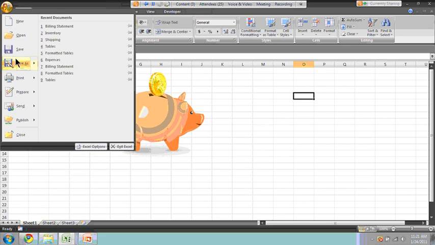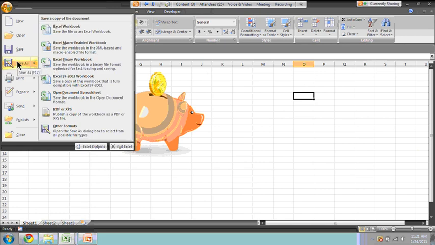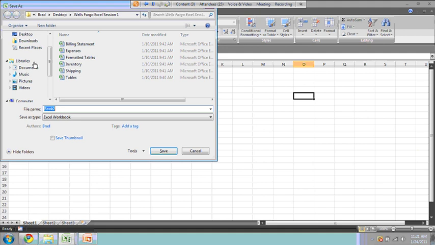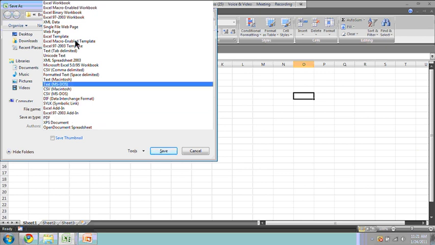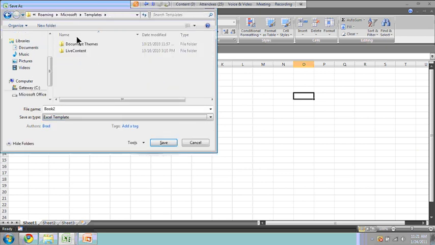When I go to File, Save, right below here where it says Save as Type, what I'm going to do is click that drop down and you'll see Excel Template. When you click Excel Template, the default file location actually changes to your templates folder. So what I'm going to do is just call this example address template. And when I click Save,